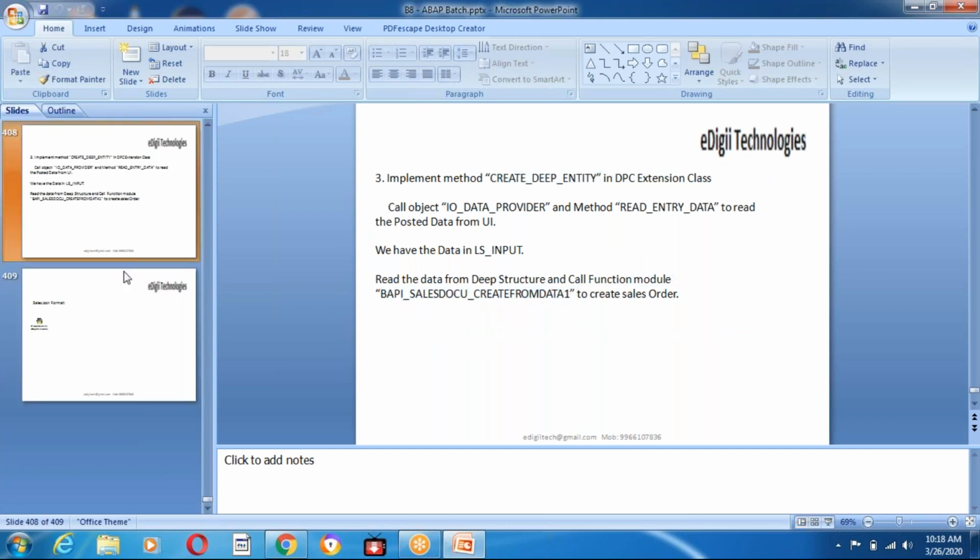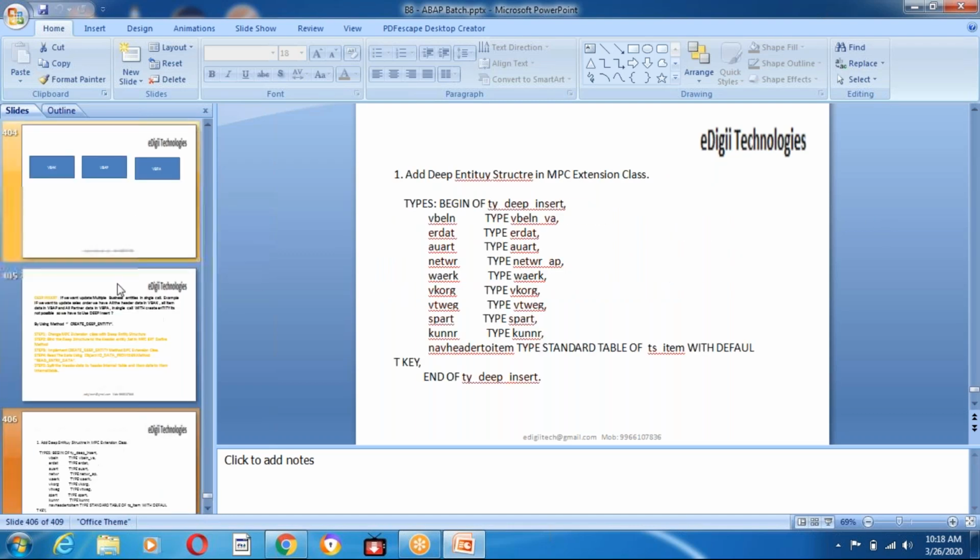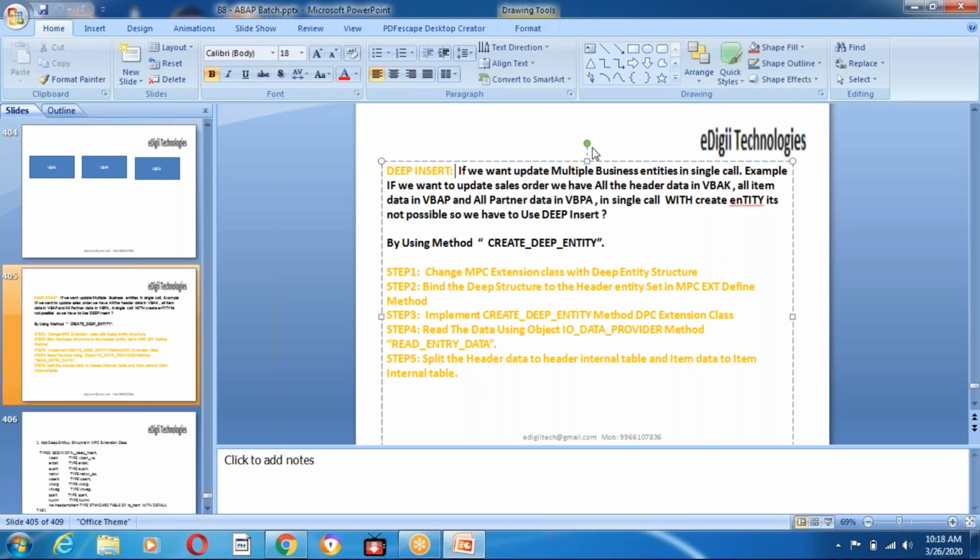What is deep insert, guys? If you want to post data with multiple business entities in a single call, we are going to use a deep insert. Let's take an example: if you want to create a sales order, we need to have a header and we need to have an item. If you want to post both header and item data in a single call,